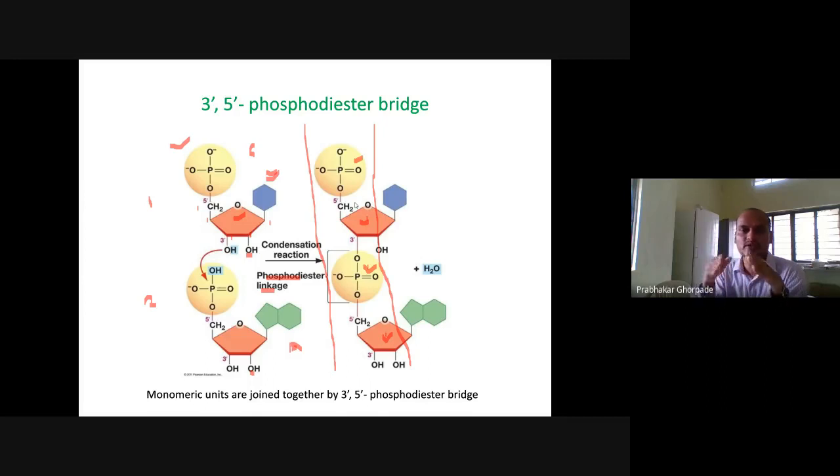So how is this backbone of DNA joined together? This backbone contains the 3' to 5' phosphodiester bridges. And in the next concept we will see that adenine binds with thymine, and cytosine binds with guanine. So these are the bases, with a structure like this, where one base pairs with another through hydrogen bonds. We will come to this in the next slides. Basically, this one is the backbone structure. So right now, concentrate on this backbone structure and how the nucleotides are joined together.